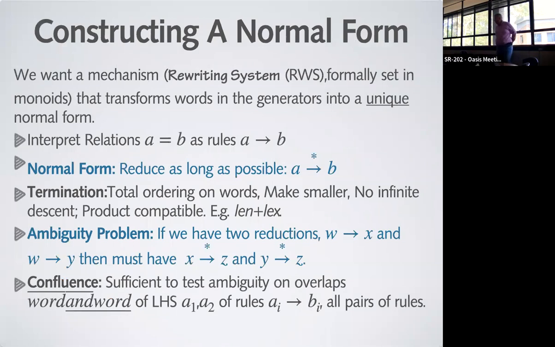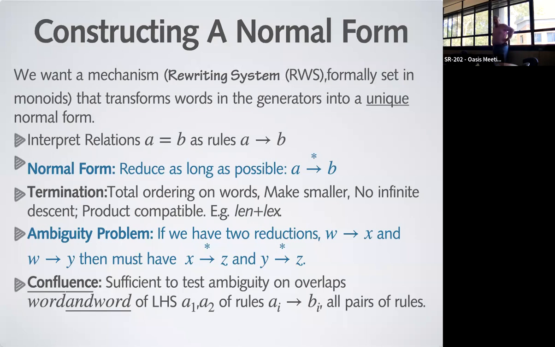So I need unique word expressions for this. I need normal forms of elements, and the mechanism for this is called a rewriting system. Formally, rewriting systems are set in monoids, but for what I'm doing here, basically, you can ignore the fact that a monoid doesn't necessarily have inverses. So this is a tool from, if you want, theoretical computer science or automata theory, for monoid theory,